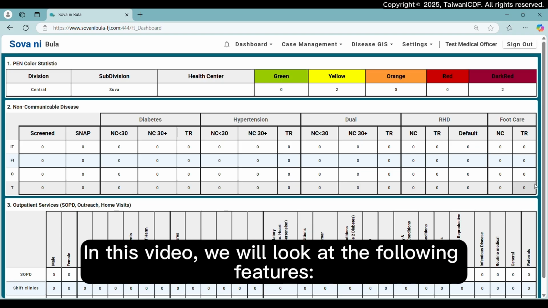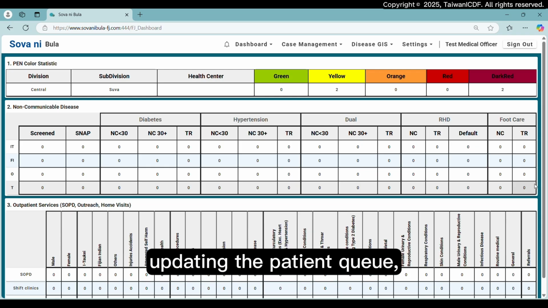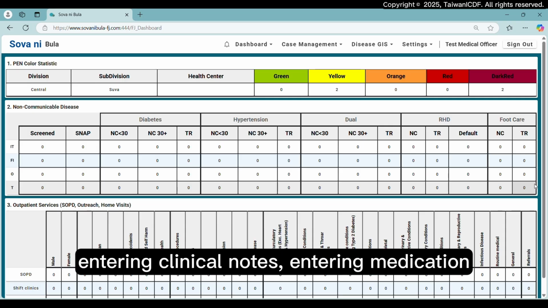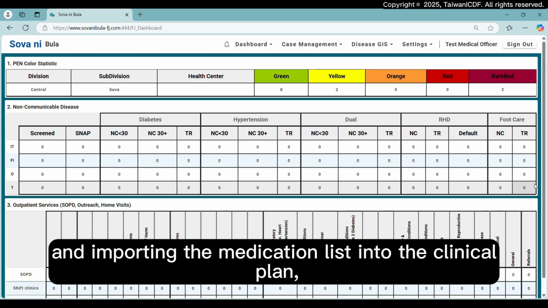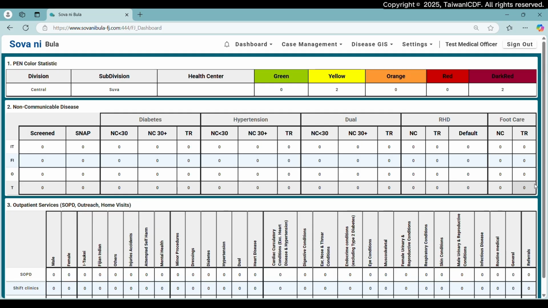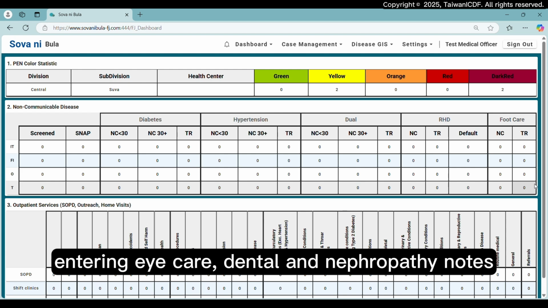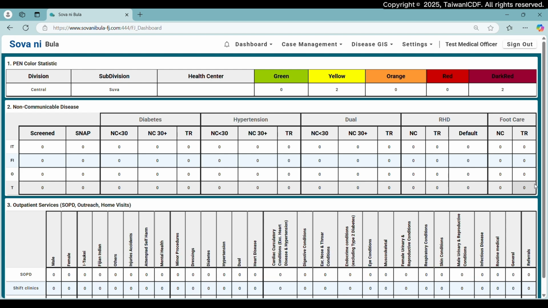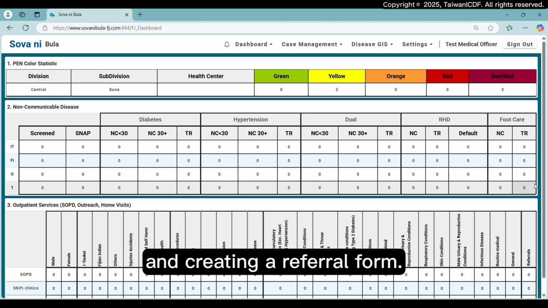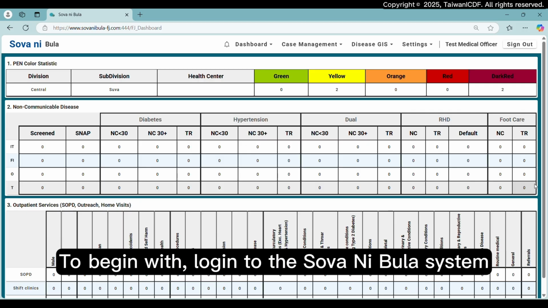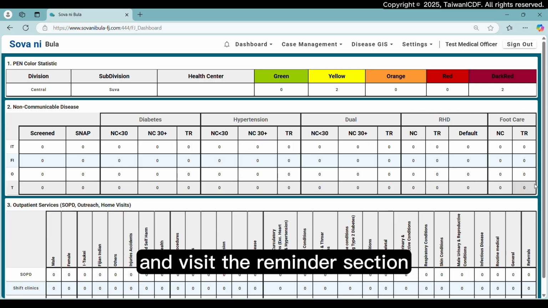In this video, we will look at the following features: updating the patient queue, viewing examination results, entering clinical notes, entering medication and importing the medication list into the clinical plan, entering eye care, dental and nephropathy notes, and creating a referral form. To begin with, log into the Sova Ni Bula system and visit the reminder section to view